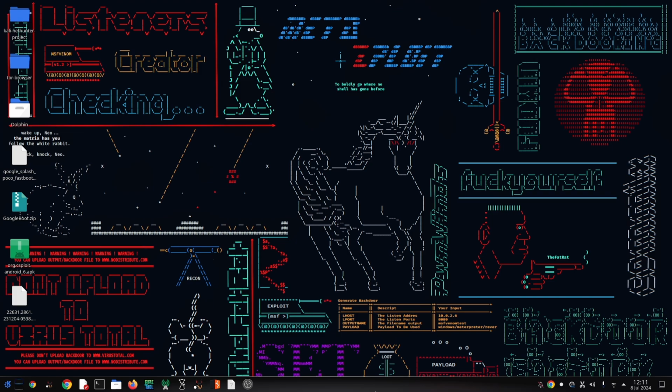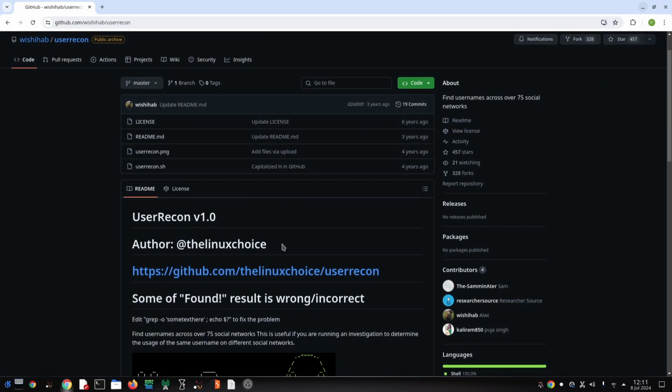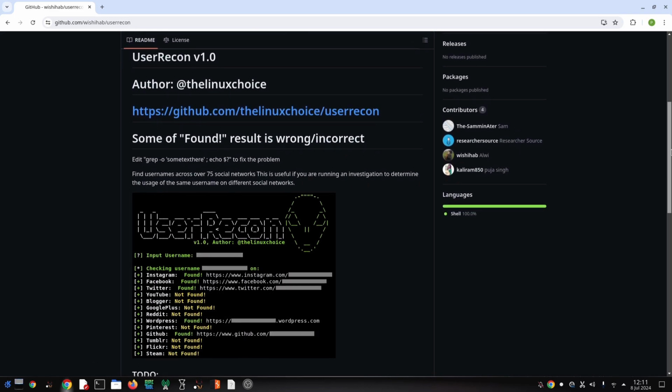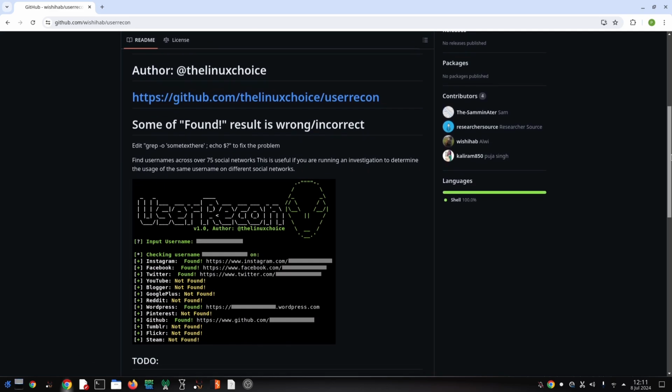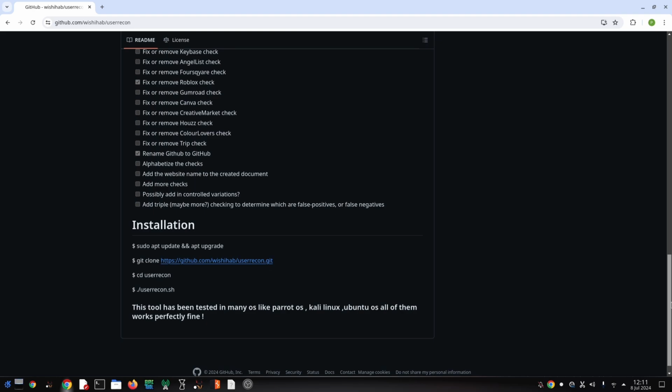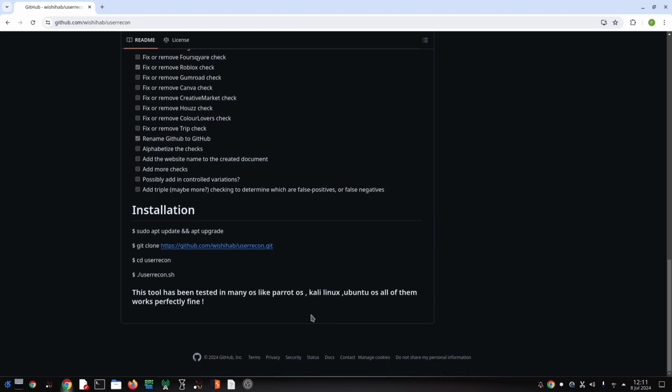exact. Why use UserRecon? Now, you might be wondering, why would I need to find usernames across so many platforms? Well, UserRecon can be valuable for several reasons. Penetration testing. During a pen test, you might need to gather information about potential users on a target system. UserRecon can help identify usernames that the target might be using on various social media platforms, revealing potential attack vectors